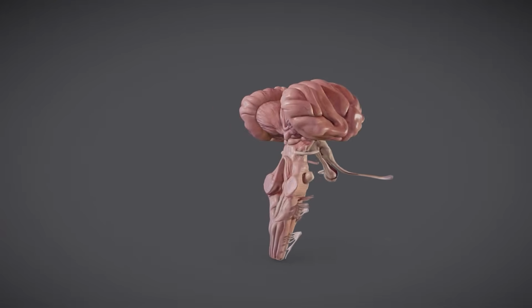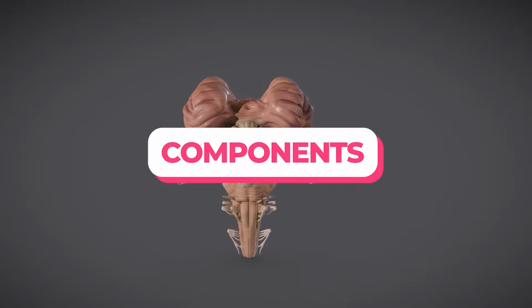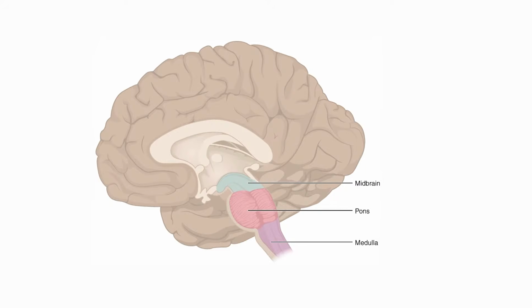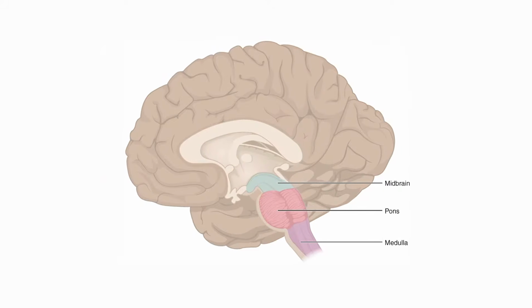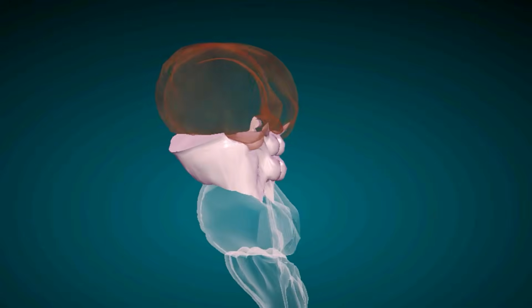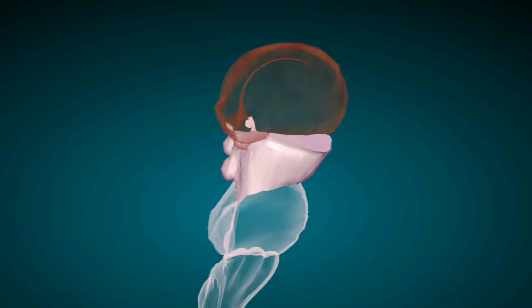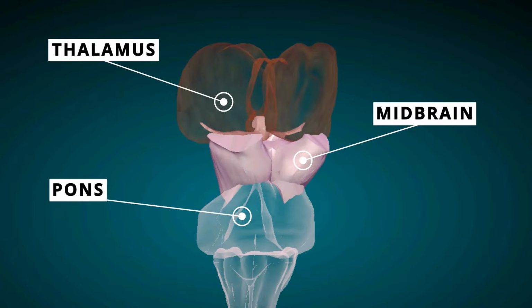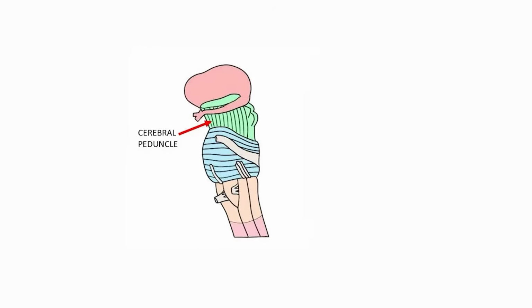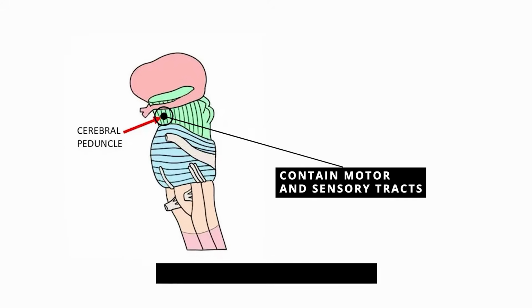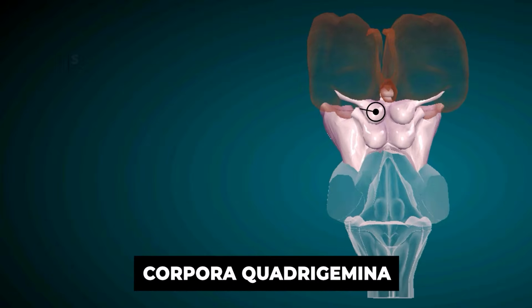Here's a detailed look at brainstem components. The brainstem can be divided into three main structures, each with specific features and functions. Midbrain or mesencephalon. The most superior portion of the brainstem, the midbrain, is located beneath the thalamus and above the pons. Prominent structures include the cerebral peduncles, which contain motor and sensory tracts, and the corpora quadrigemina, composed of the